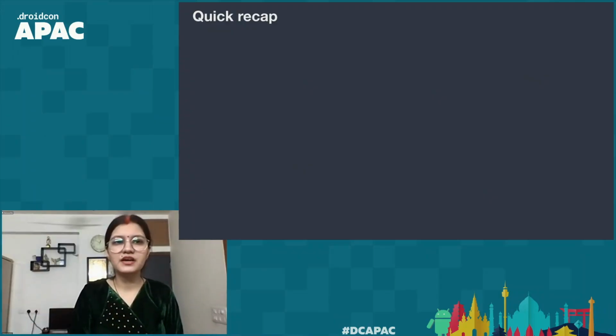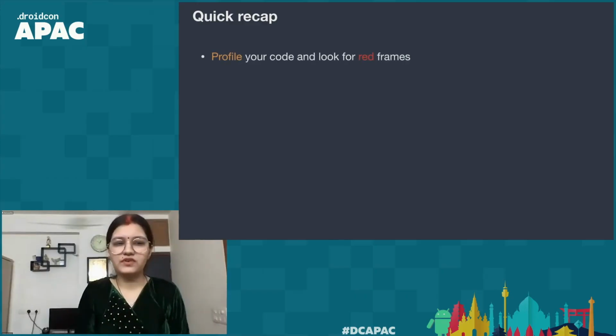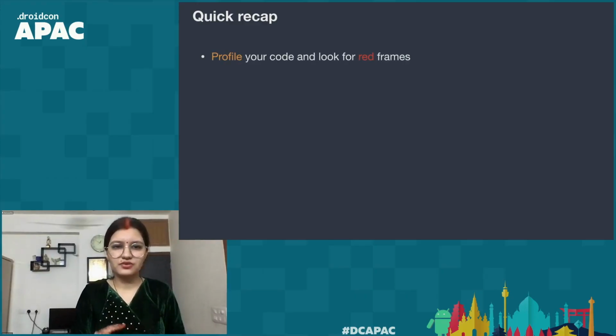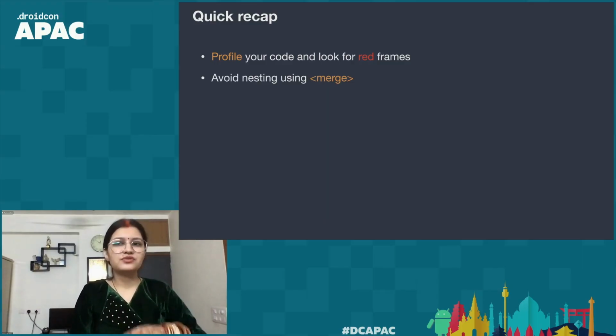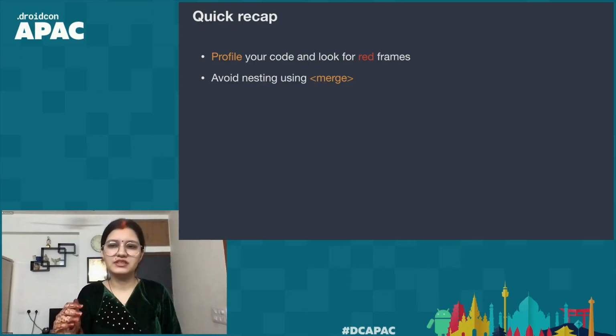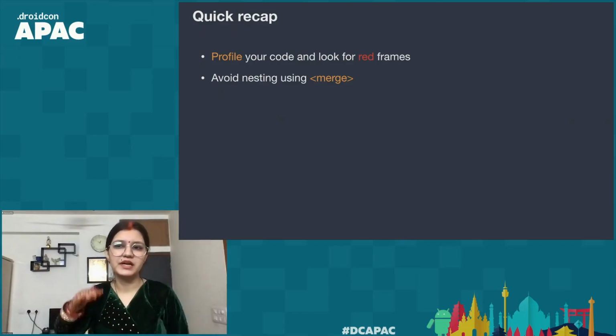Now let's take a quick recap of what we learned so far. The first thing is to profile your code and look for red frames. Those are the ones causing the janky behavior. So you can avoid nesting using the merge tag. Use merge everywhere where you are including layouts and you see that there is a lot of nested parent view groups happening there.